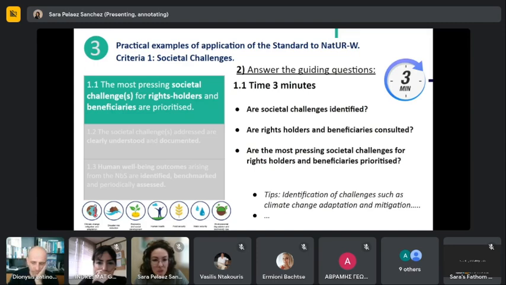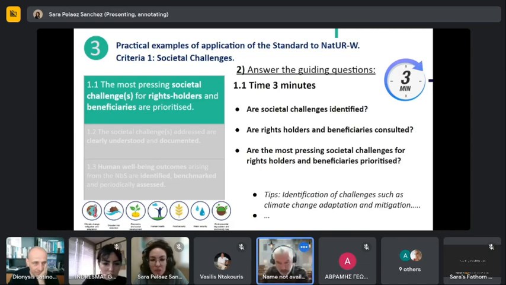I guess I can jump in there, Sarah. Yeah, no worries. So I guess we're looking at addressing the issue of food security. And through that, the proposed NatUR-W solution will be the provision of a community garden at the old jail redevelopment that we mentioned at the meeting last week. In terms of the scale of it, that's obviously a fairly major issue. And we'd be coupling that with water conservation, which is another major climate related issue.